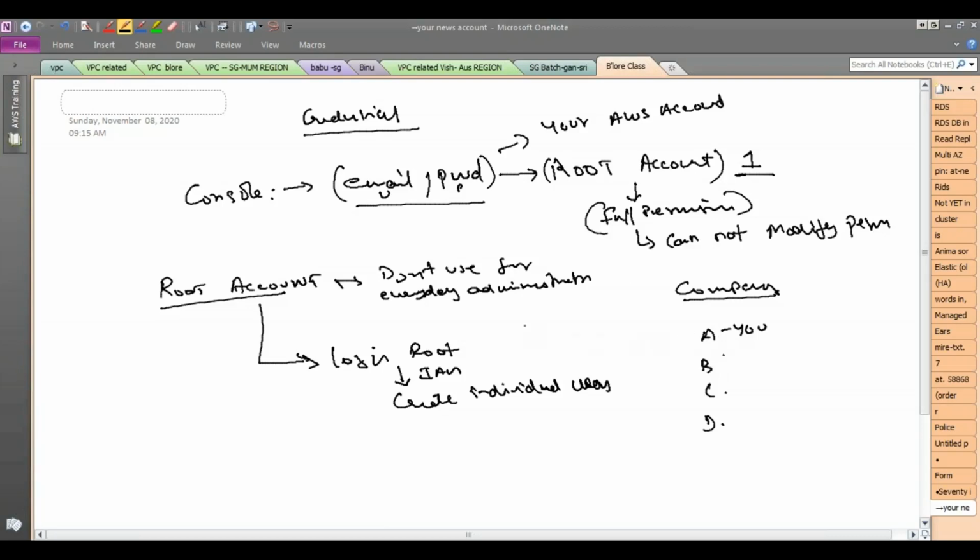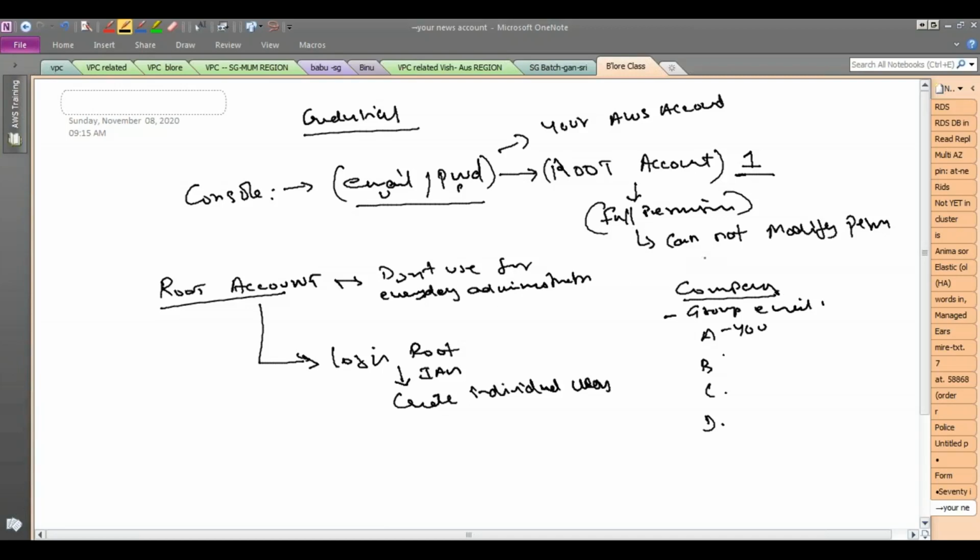Then if you need to log into the root account, you will be able to log in, but if you need to recover the password or something, it will become a problem because your email ID is no longer valid, right? So always try to avoid using an individual's email address to create an account. Try to use a group email address to create an AWS account.